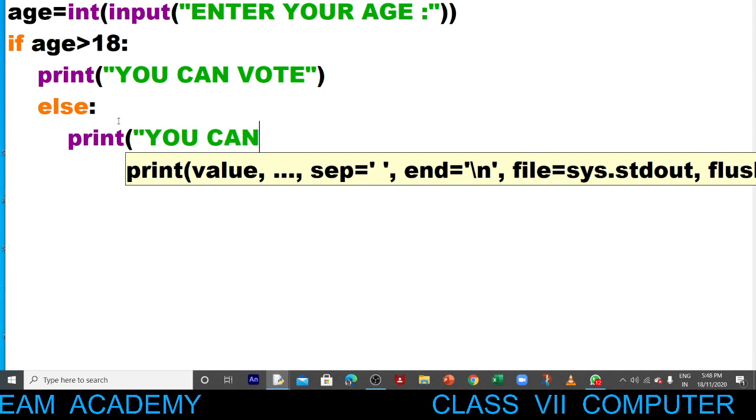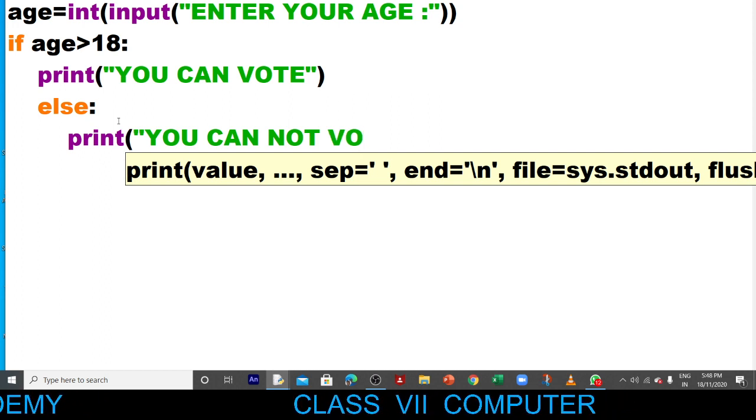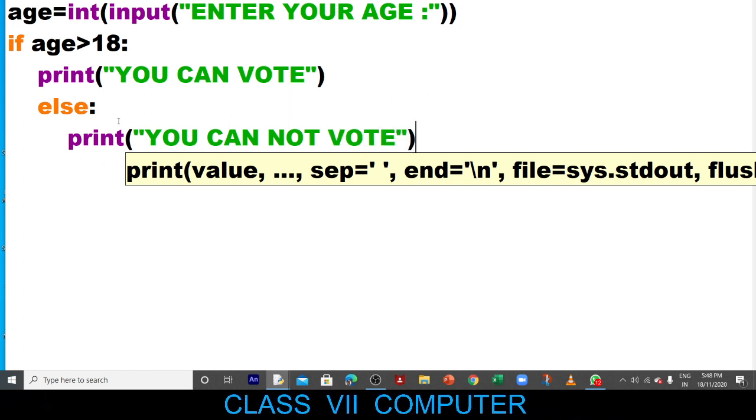You cannot vote. In this way you will print a message.